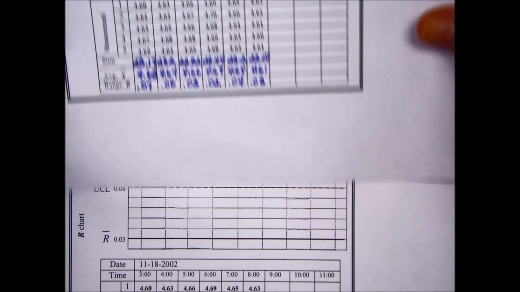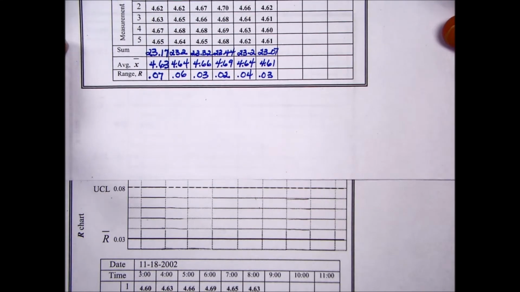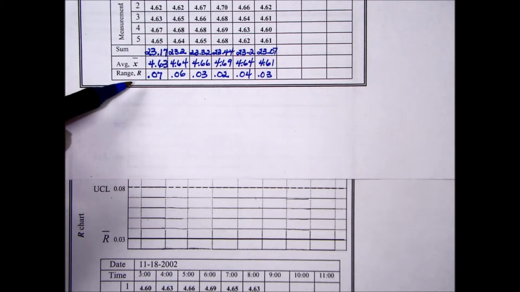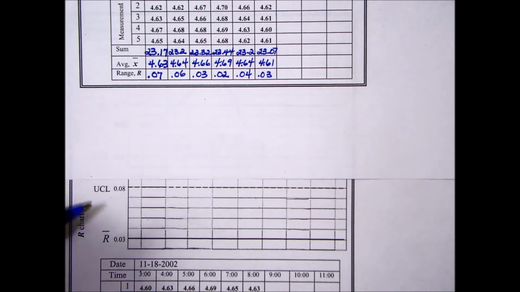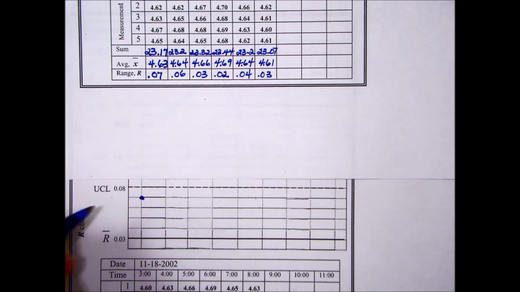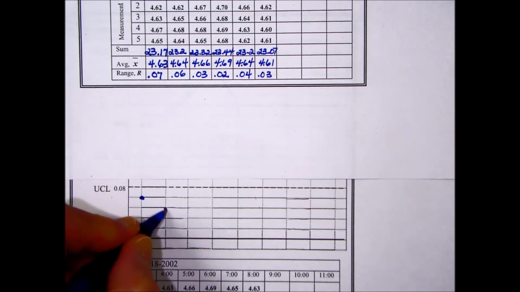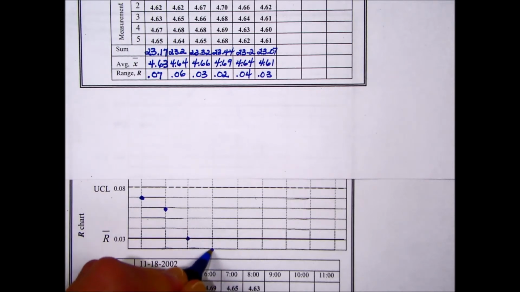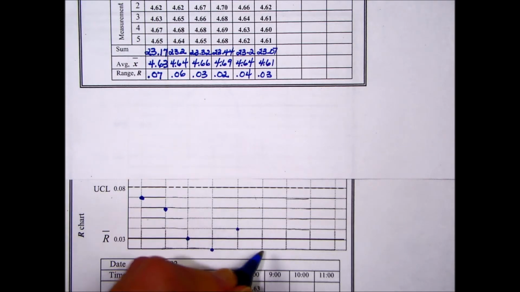To fill in the bottom part of our control chart here, we have an R chart for range, and we'll use those range values that we found for each hour. On the first hour, we had a variation measurement of 0.07 of an inch. The next hour, we had 6. The next hour was 3, 2. Then we went to a 4, and last a